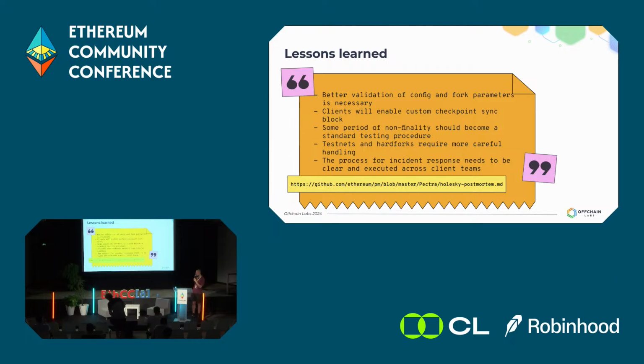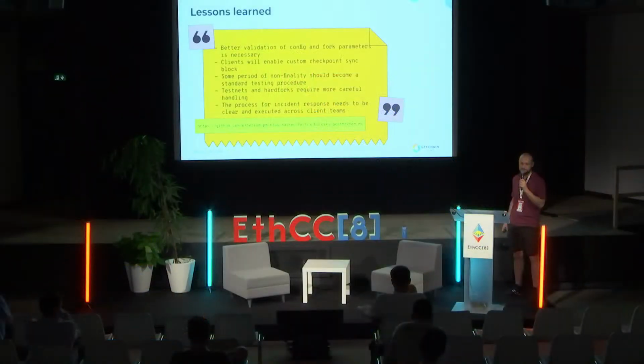Yeah, I think it was very hard to coordinate, especially the mass slashing thing, where not everyone was even on board. Is this a bad idea? Is this a good idea? Will it help us? Will it not help us? And then, how to coordinate between not only client teams, but also node staking pools, etc. Please turn off your slashing protection. Please turn on all your validators at this and that time. That will speed up the recovery of the testnet.